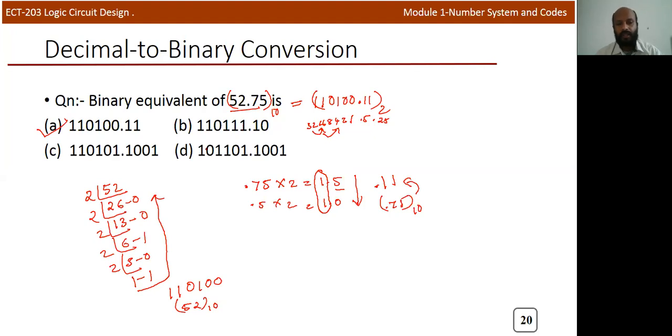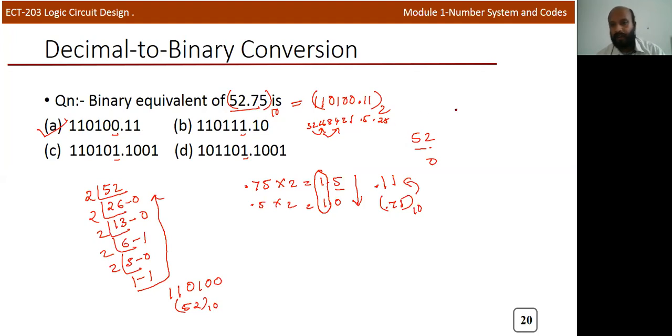And in this question, it's very easy to calculate if it is a multiple choice question. It's very easy to find the answer without doing this problem. I'll tell you a trick. If you observe this, 52 is an even number. And when you convert an even number, if it is a whole number and it is even, you can see that the LSB portion will be 0. If you observe this particular question, all these values are 1 except the option E. So in this way also you can observe.